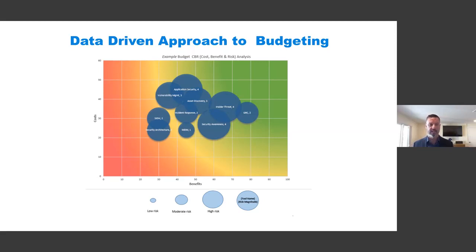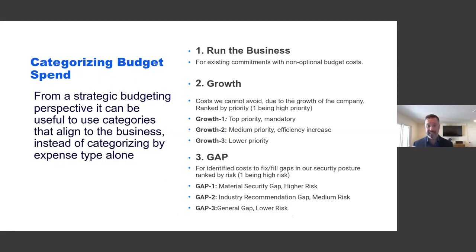I talk about risk, and I go in and say, hey, here are our obligations to run the business, right? Here's what it's going to take to run a business. Here's our gap one, and here's our gap two, and I'll talk about growth too. So gap one, gap two, gap three, and I make the CFO and the ELT a part of that decision, right? It's not my decision to make. I make them part of that decision. So they come back to me, and what I've found, having done this now for a number of years, is I'm a lot more successful in gaining the budget that I need.